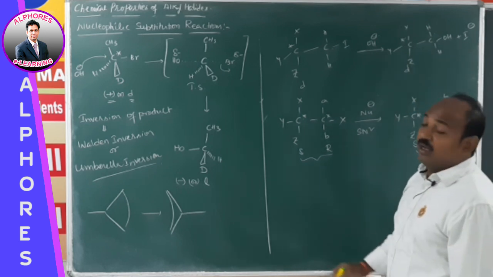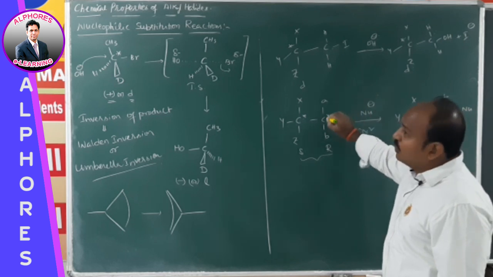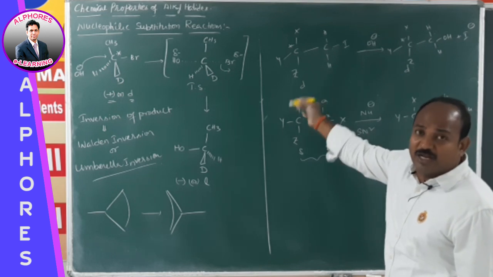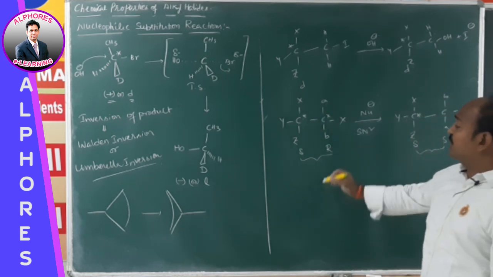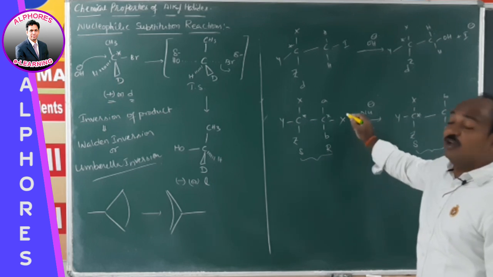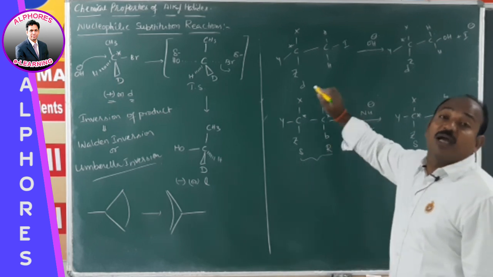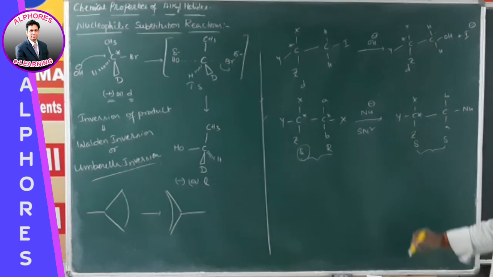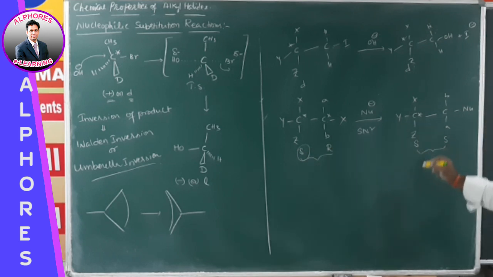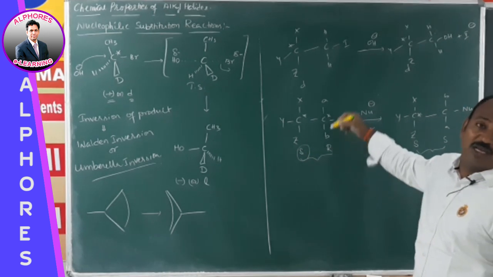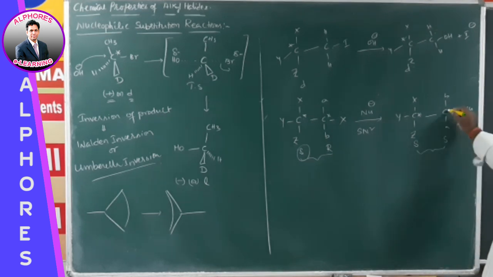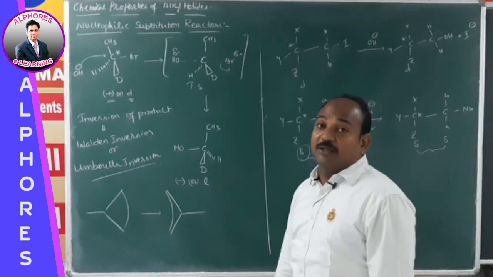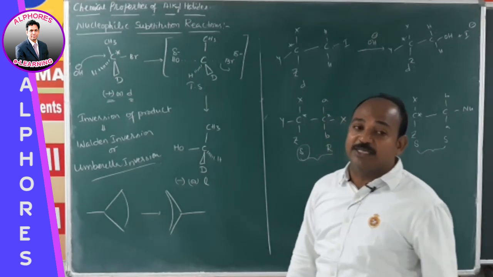And case 3, here the leaving group containing carbon is also chiral, along with that the adjacent carbon is also chiral. In such a case, substitution takes place only at the leaving group containing carbon, but not the other carbon. That's why the other carbon retains its stereochemistry, that means S remains as S, whereas instead of R, because of inversion of configuration, we are getting S. This is regarding the SN2 mechanism and what factors influence the SN2 mechanism.